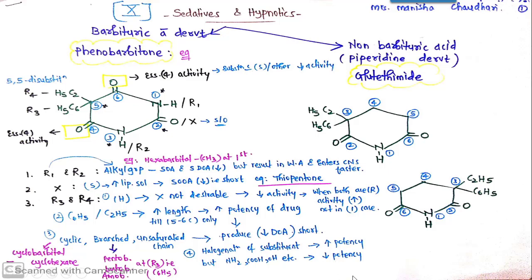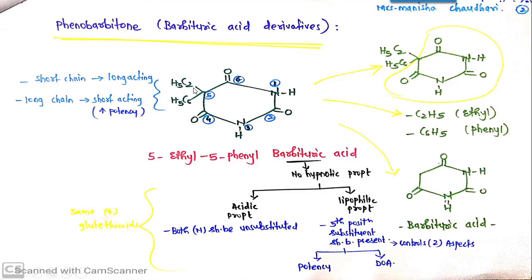So as we have discussed in an earlier slide, with these substituents, if the chain is shorter, then they are long acting, as in case of phenobarbital, since this is shorter, it is a longer acting barbiturate. And if this chain is short, that is longer acting. If this chain is long, then it is a short acting derivative. So potency is large, meaning it is highly potent, but it is short acting, and it is not that potent, but it is longer acting in case of short chain compounds.